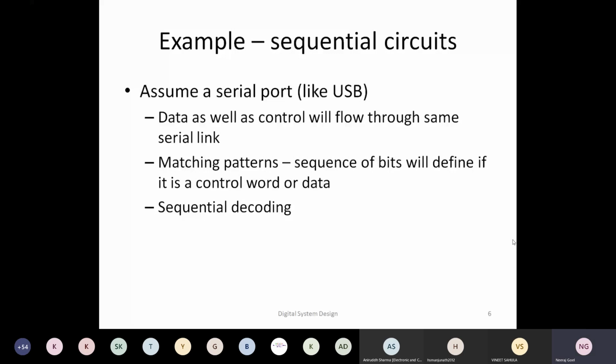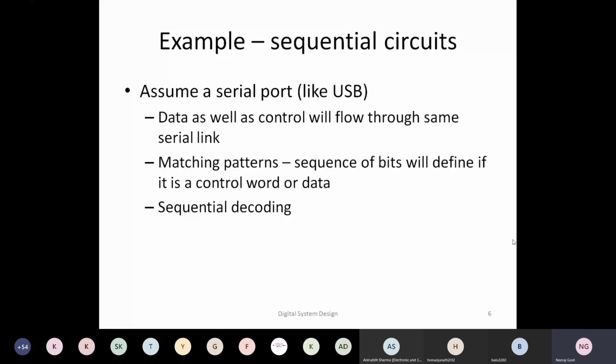Okay, so I would require some kind of sequential system where I can remember what the bit was which was transmitted some time back. Most of them would, of course, be finite memory systems, because you need to bother about probably the last 10 bits, 20 bits, or maybe the last 2000 bits. Now we again need to identify whether this sequence of bits corresponds to a control command or data. So how do we identify? We have to identify certain patterns.